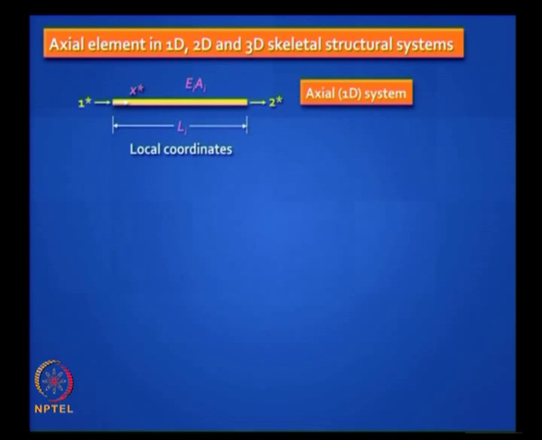So this is a typical picture of a 1D axial system, and an element used in a 1D axial system. You agree that there are only 2 degrees of freedom here. We have not looked at this picture in the earlier module, okay. You have 2 degrees of freedom, they are both axial degrees of freedom. The left node can move and we call that d1 star, and the right node can move, we call that d2 star. So this is the element displacement vector, this is the element force vector, right.